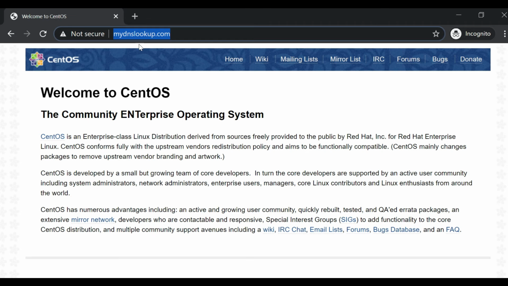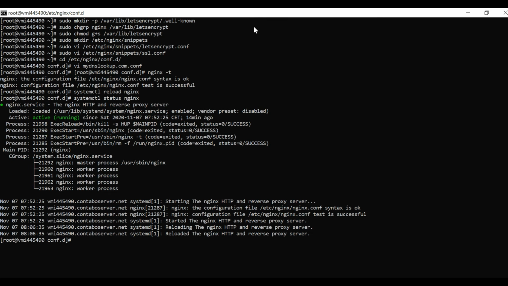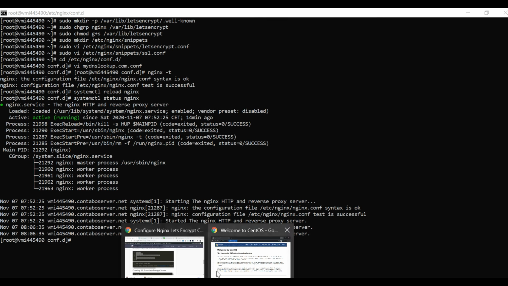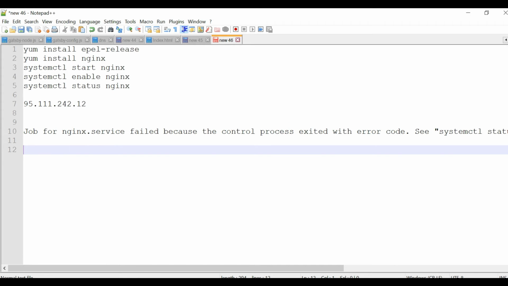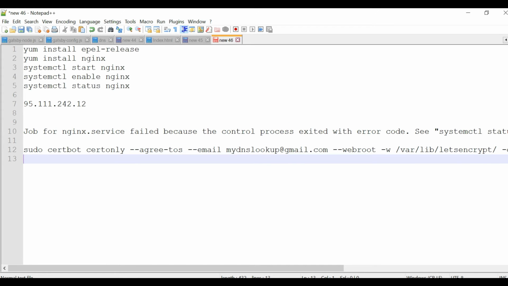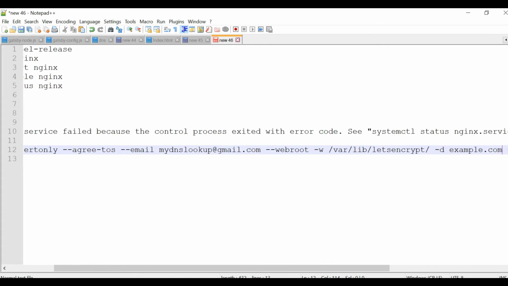So I have to verify that my nginx and everything I've configured till now is working or not. Now this is the main step. This is the step that you have to actually follow to generate the certificate. This is the most important step, and people generally have problems in this step.